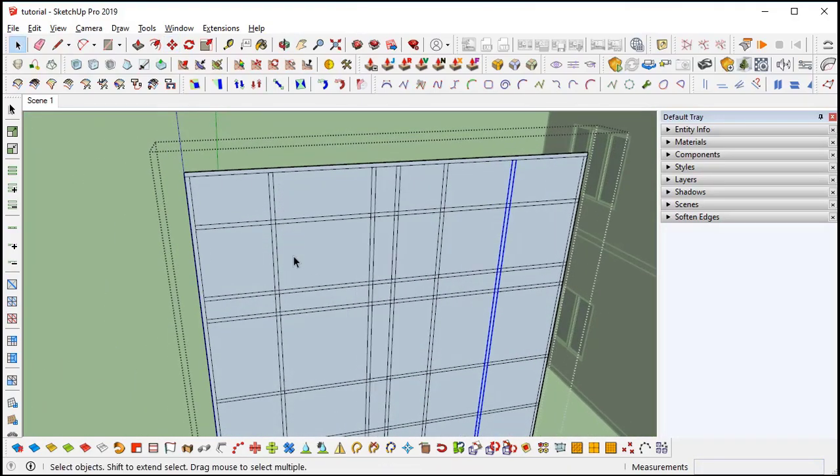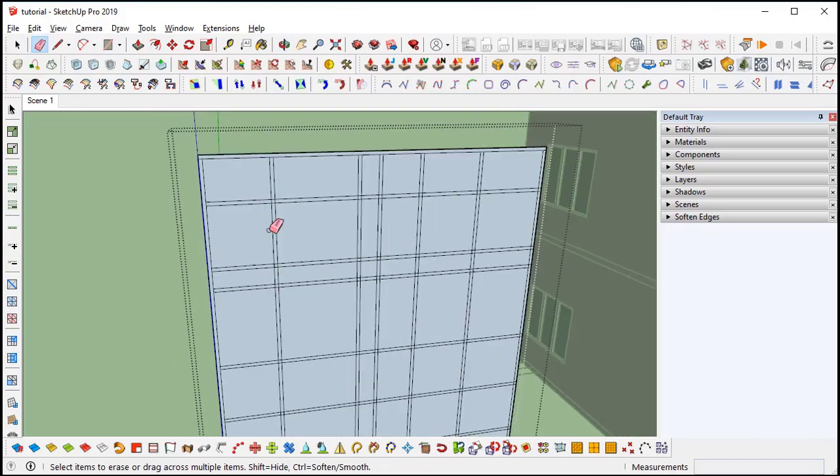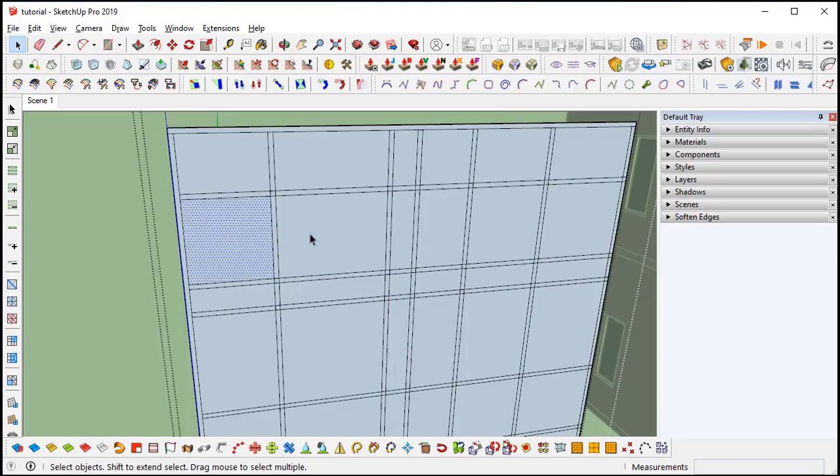And I will erase the middle edges so that the outside frame will come out. It's a long process, so I will just forward it a little.